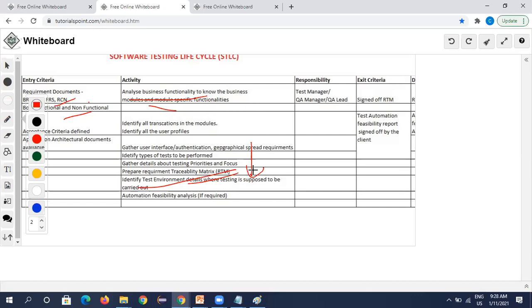The responsibility here is for the test manager, QA manager and QA lead to go through all the documents, understand them, and make sure everything works as per requirements. Testing team members would also be going through these documents, but their duty is different; QC is not involved in going through all these things.